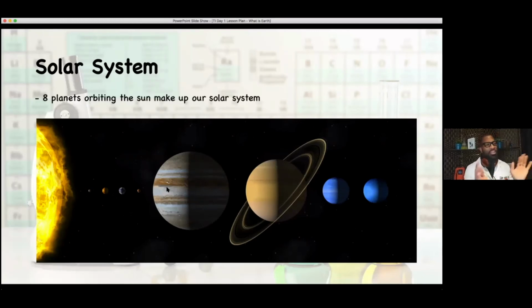And we see this picture and we think that things are relatively close. It's like, okay, I see where Earth is. I see where Mars is, I see the size of Jupiter. Jupiter is really, really big. Saturn is really, really, really big. But do we really truly understand the concept of how vast space truly is? And it's something that's really, really tough to understand, right? When we see these pictures.